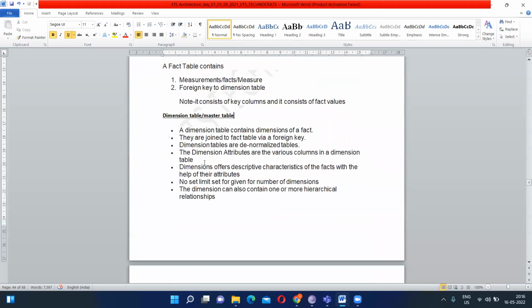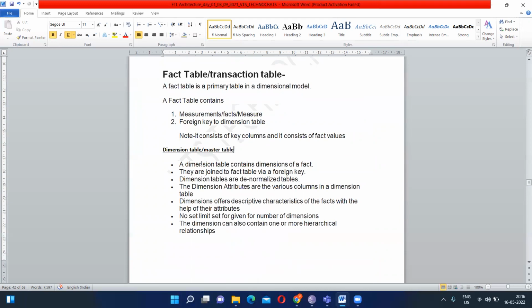So overall, guys, what I will tell you is, whenever someone asks you the difference between fact and dimension tables, you tell them that the fact table consists of fact values, numeric values, measurement values, and the key columns, which are joined to the dimension table. The dimension table is the parent table, which consists of the description of the fact table. It consists of the primary key. The fact table consists of the foreign key, which is joined to the primary key. And then the dimension table